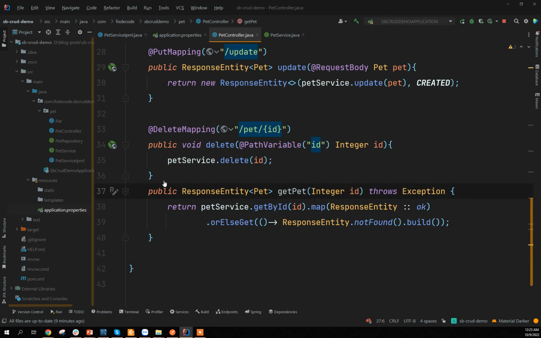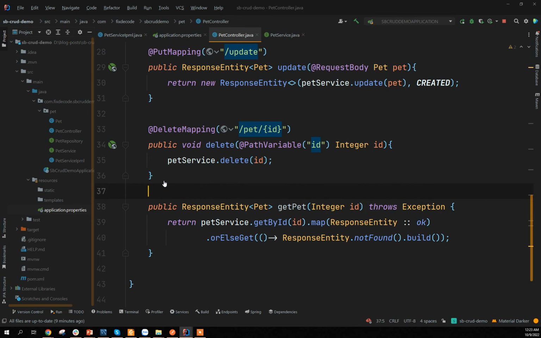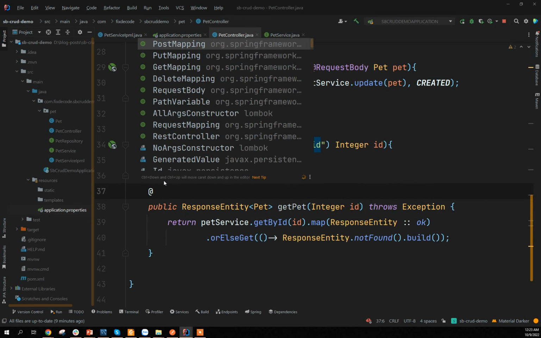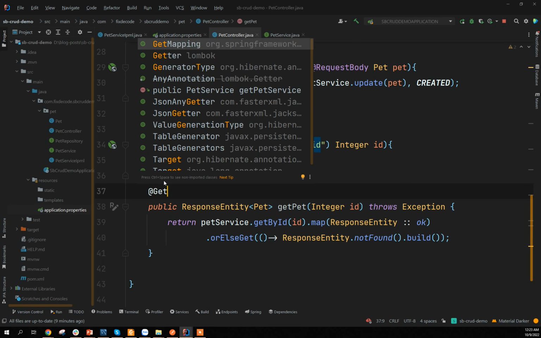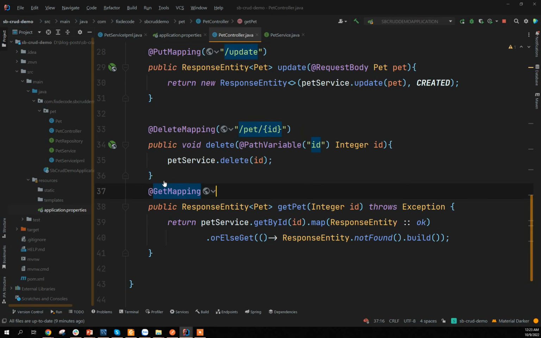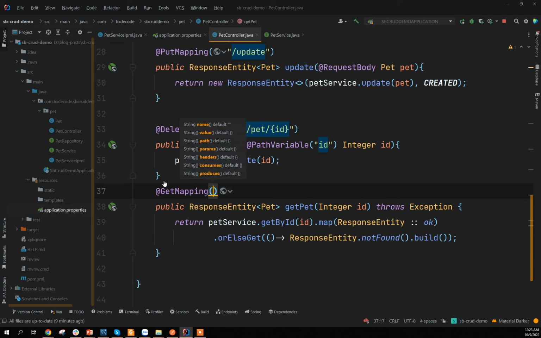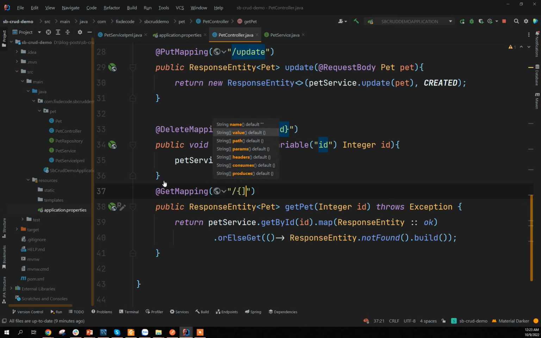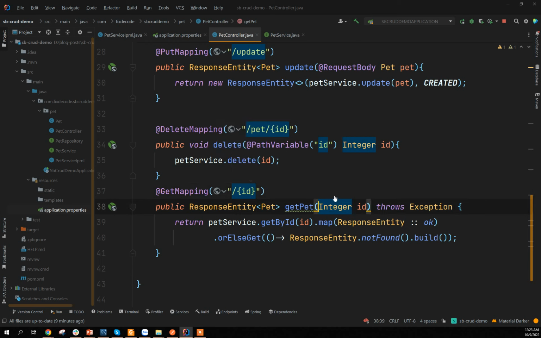And this one now we are going to specify as get as well. It's a get mapping with just the ID. Because we're getting with the ID, we're just going to specify this here as ID. This as ID. Okay, and here also we are going to have the